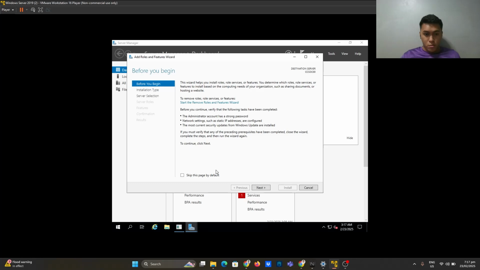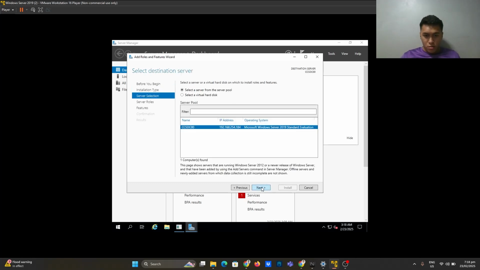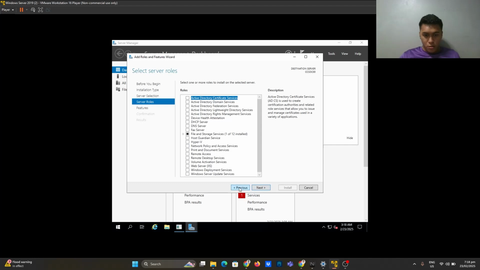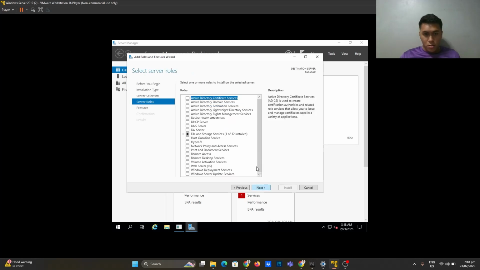Next, for the installation type, you can choose the default one, a role-based or feature-based installation. So select the server pool. Next, then let's find the server roles that we want to add.